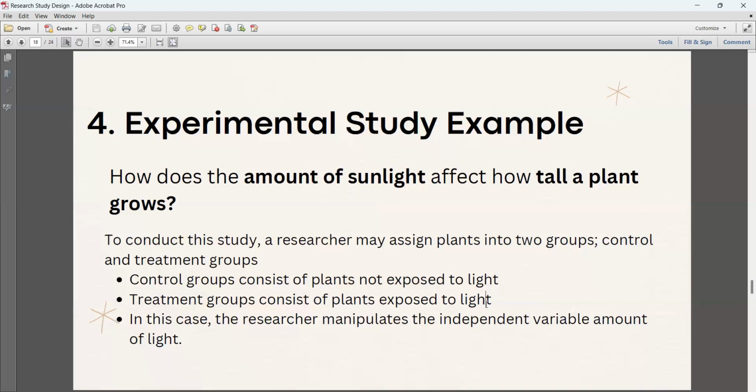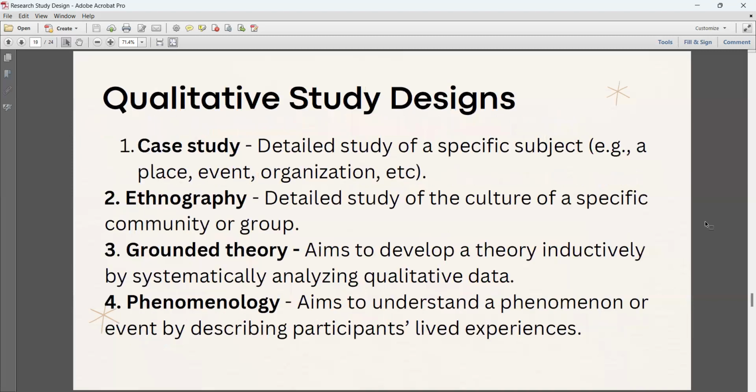In other words, the plants which we offer what I'll just call an intervention. So we expose the plants in the treatment group to light, then in control, we don't expose the plants in that group to light. In this case, the researcher manipulates the independent variable that we call the amount of light. So the amount of light in this case is the independent variable that we manipulate. So that's all under